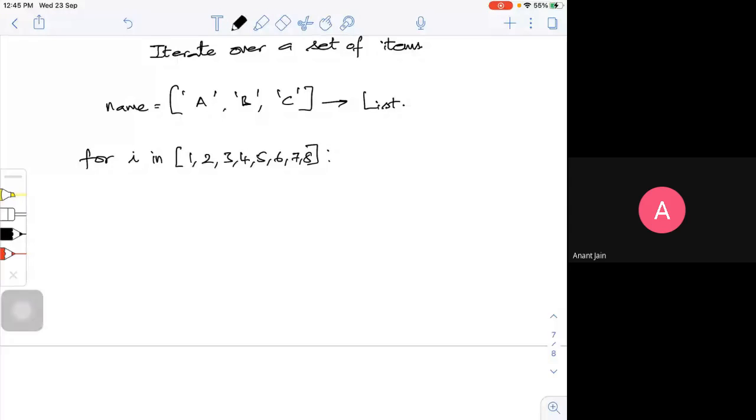Now let me print the value of I. That's a simple thing I'm putting. Once this loop is out of this particular loop, I have to tell that, yes, I am done. What is the purpose of this particular loop? What does it do actually? For the values of I varying from 1 to 8, I need to print this.